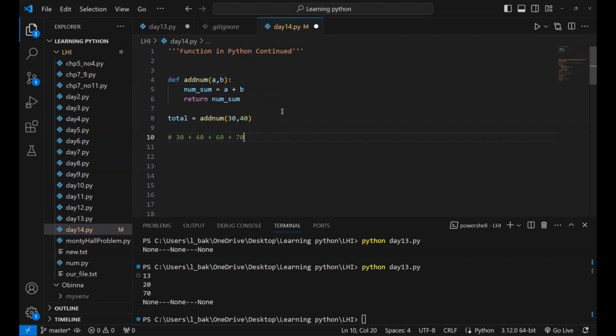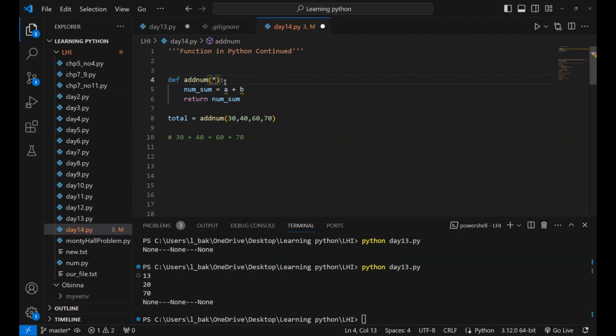But what I'm trying to say is you can improve on the function such that it will be able to sum any amount of input, any amount of numbers the user passes to it. So in this case now, if we add 60 and then we add 70 here, of course, we didn't know the user is going to have 4 elements. What if the user now has 100 elements? You can handle that in the function by defining what we call